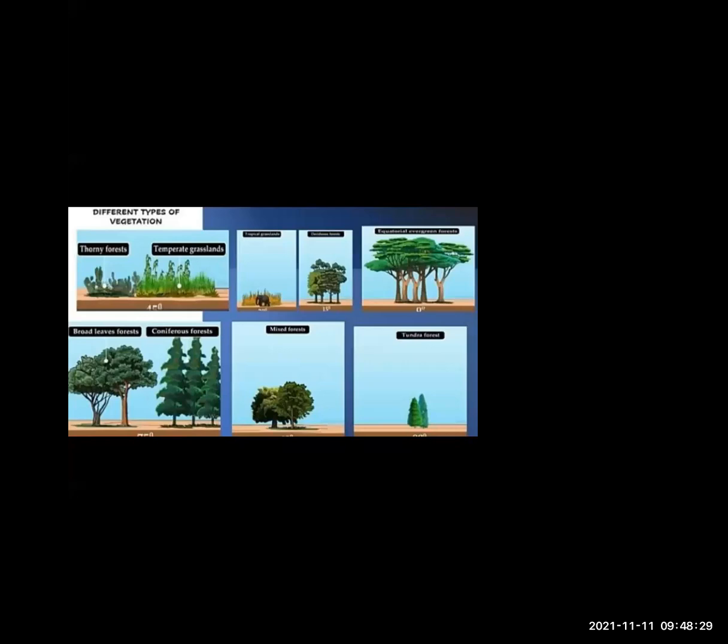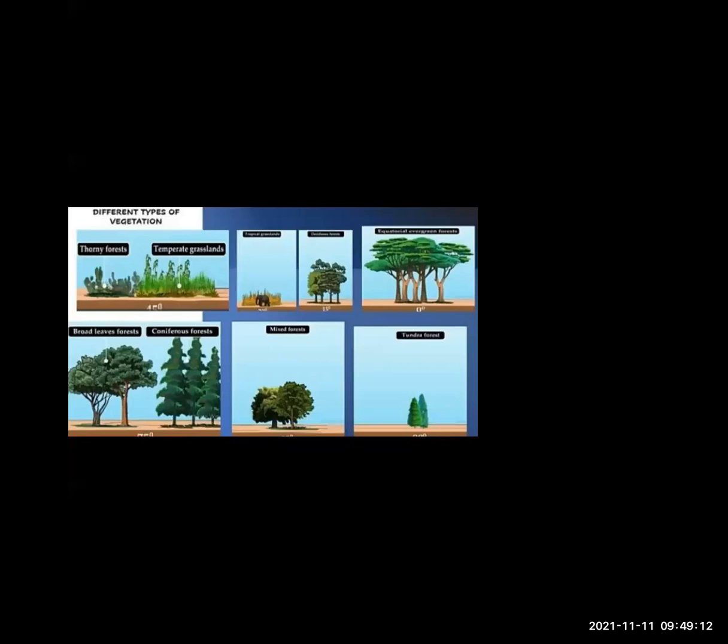Many animals make the forest their habitat. Animals who prey on the plant-eating animals also live in the forest. Thus, many food chains develop in the forest. Forests and grasslands are the habitats for many animals. It is basically due to plants that we have got animals as a natural resource. Plants also grow in water. It is very likely that in future we shall have to depend on aquatic plants.